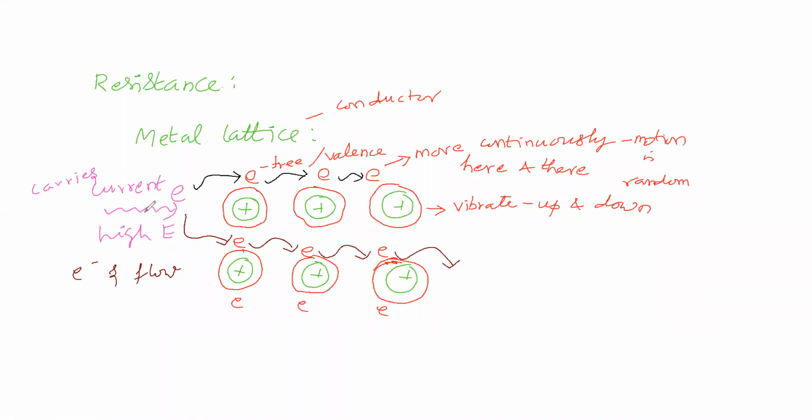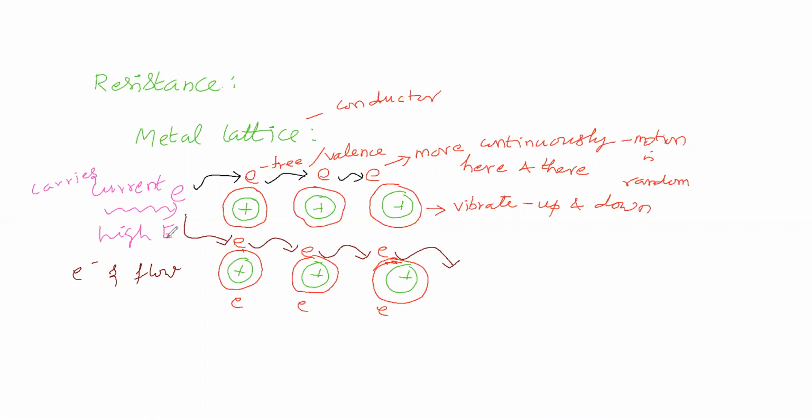Now this current is having electrons. These electrons are having higher energy. When this electron strikes the free electron of a metal atom, energy will be transferred. Its energy is transferred to this, so it gets higher energy. When it strikes this, it gets higher energy, and like this, energy is transferred. This transferring of energy is called current passing; we can say current is passing.